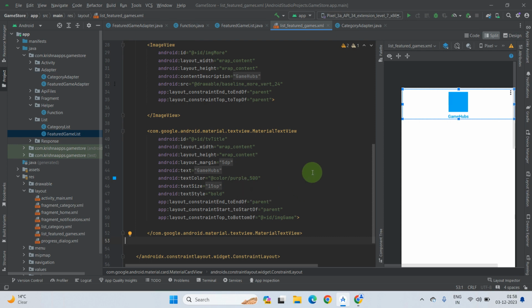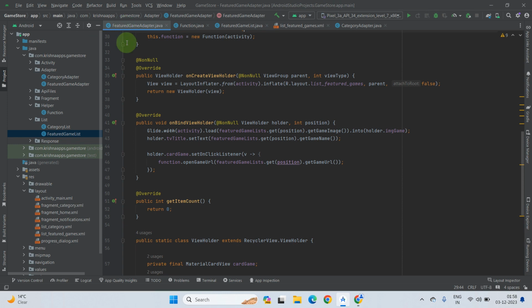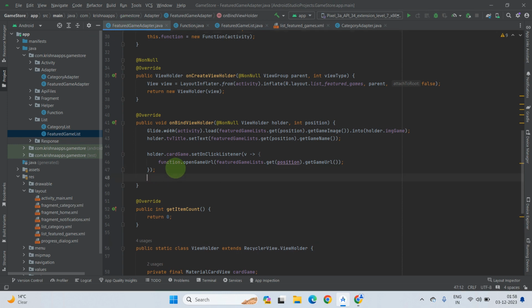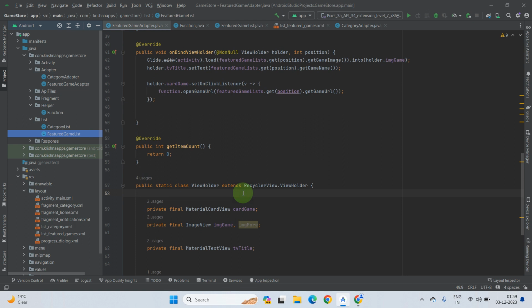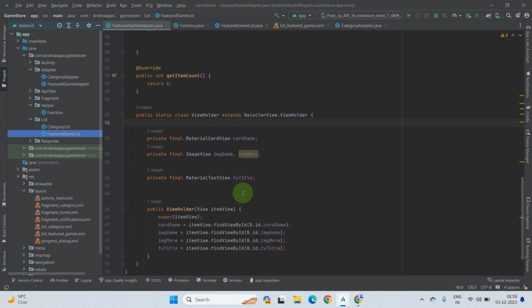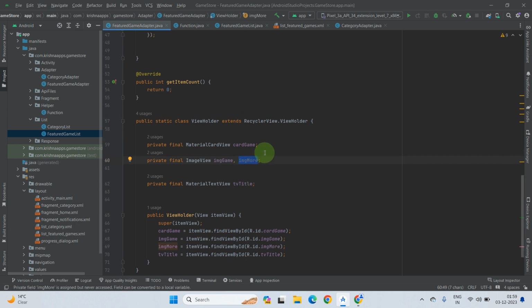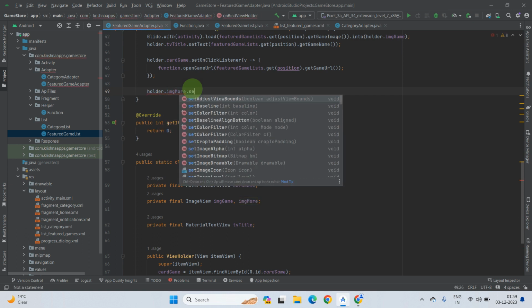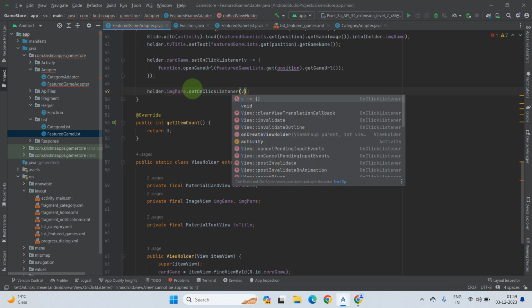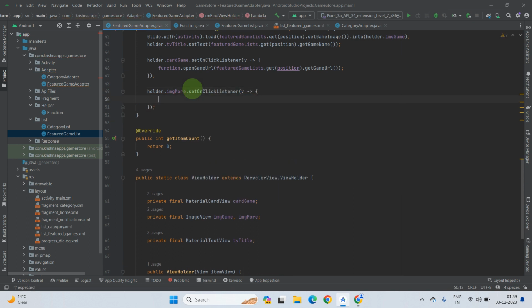So how will you do that? Just simply go to the feature game adapter and create a new click listener for this icon. So we have to set a click listener on our img more. Now call holder.imgMore, now set on click listener. Okay. Now pass lambda view and